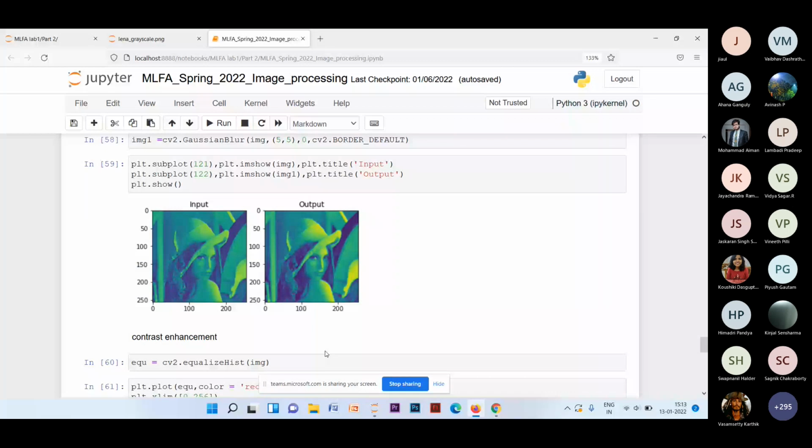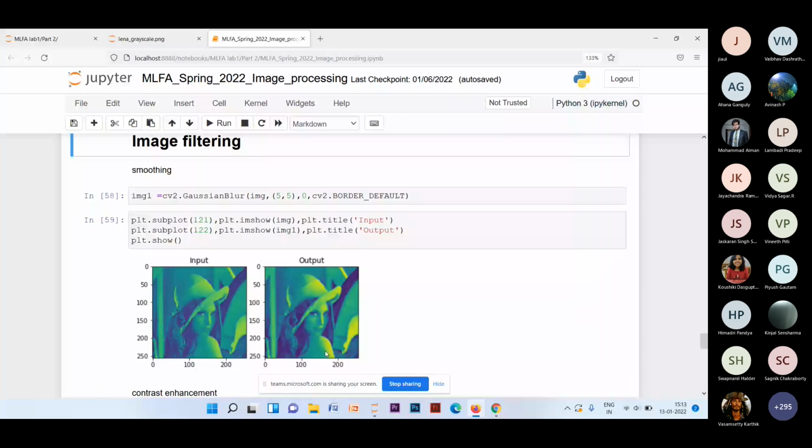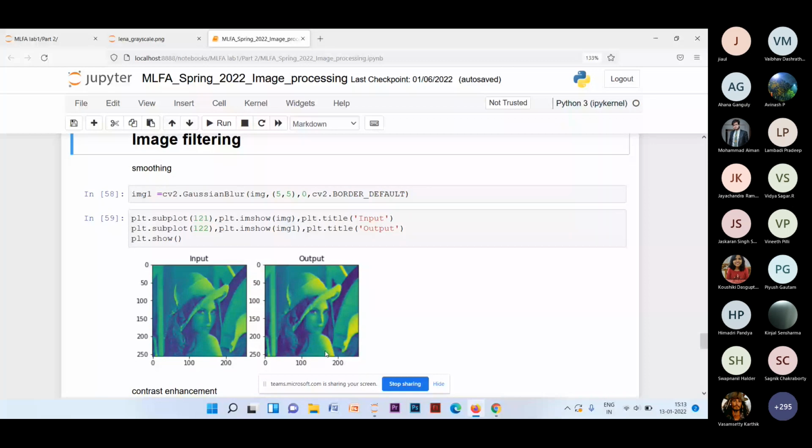So finally, we come to the image filtering part, which basically looks into the smoothing operations or the blurring operations. Here, for the sake of demonstration, we are considering the Gaussian blur function, whichever way you want to say it. Gaussian blur actually finds use when you are trying to extract